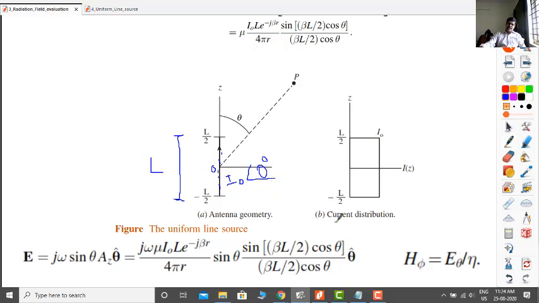And in the current profile, this is the current profile, and this is the z axis. This is the current I of Z. The current everywhere is I0, uniform. Okay, this is the current distribution. This is a uniform current distribution. For this case,